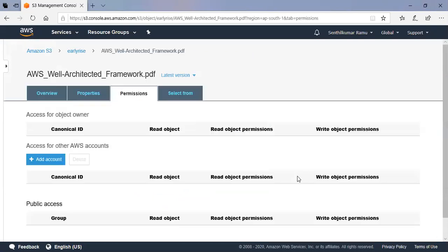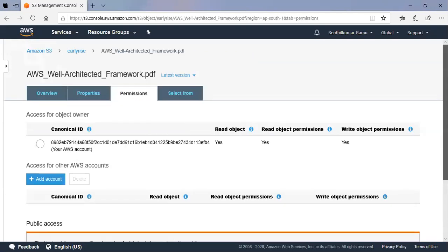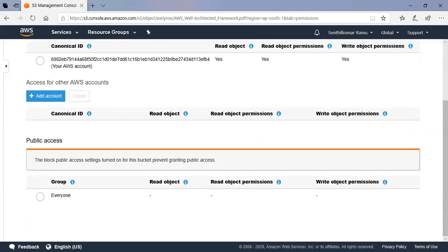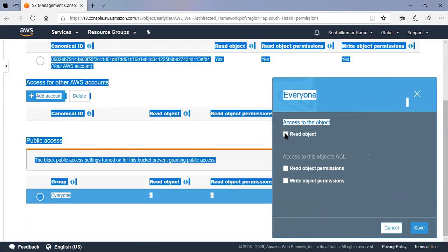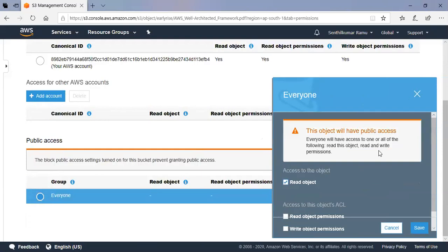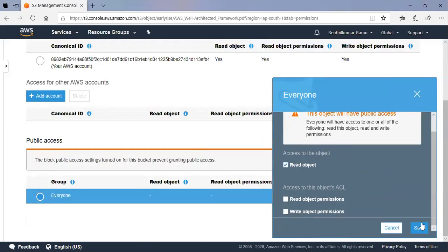Go to permission. Again, I'll have to come to permission. Then if I make this public access, what happens? It will allow.